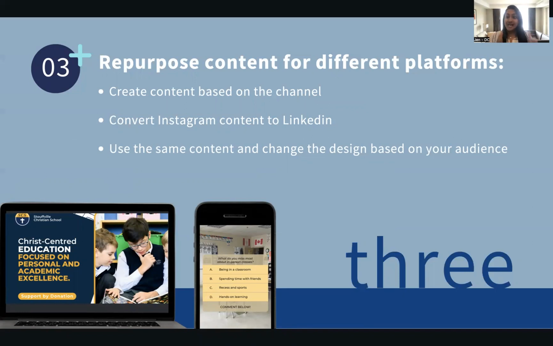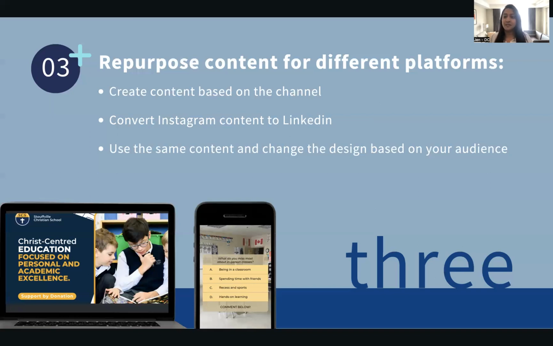Sometimes we take a static post and make it a reel on Instagram, and we say, wow, the reel just went wild, and lots of people started engaging. Sometimes we take Instagram content and create a video on LinkedIn, or a different type of carousel on LinkedIn. It's the same information, we just distribute it into a carousel. You don't have to think of net new ideas, you're just talking about the same idea in a different form.